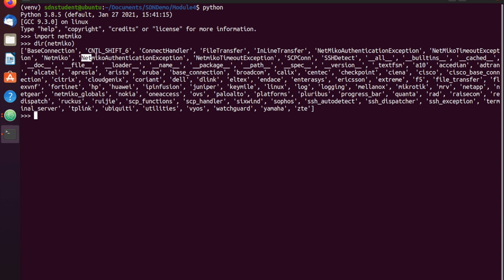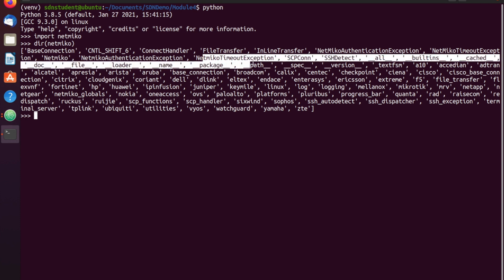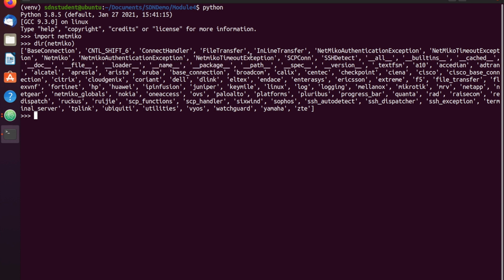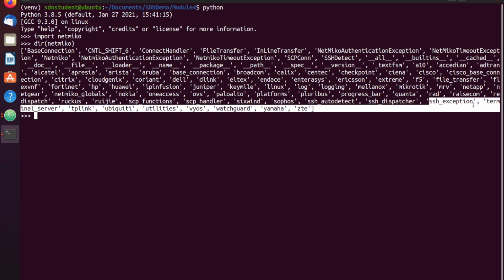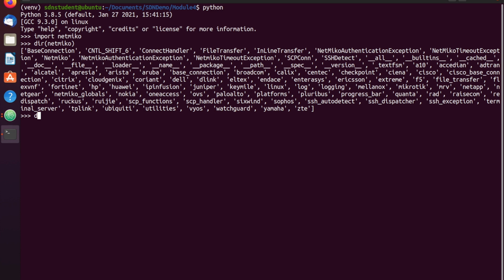I just noticed this as I was doing the lab, but there's a second authentication exception in there, as well as a second timeout exception. Very curious, because I never really had to check on those all that often. And then I also wanted an SSH exception, so I'm assuming that's going to be in this SSH detect. Let's see, SSH auto detect, SSH dispatch, there's SSH exception down here. So let's check out that SSH exception, and that would be dir